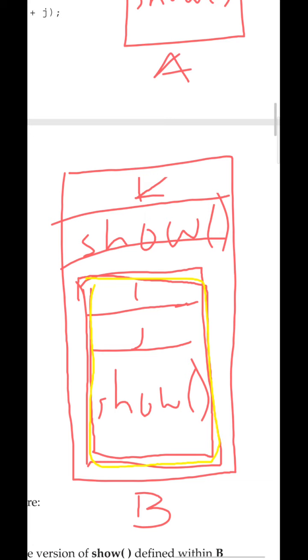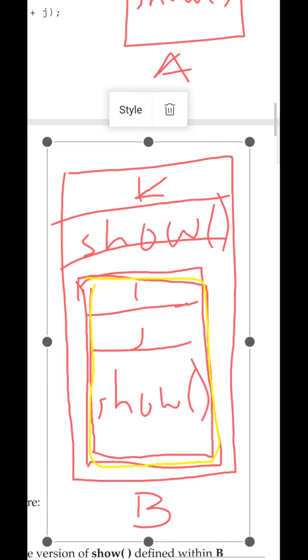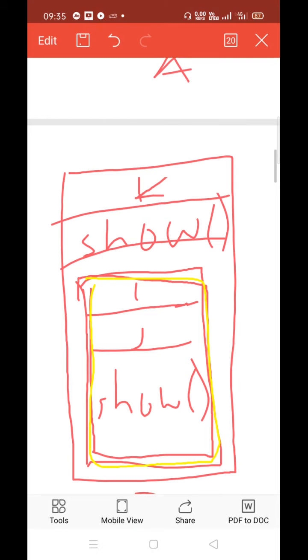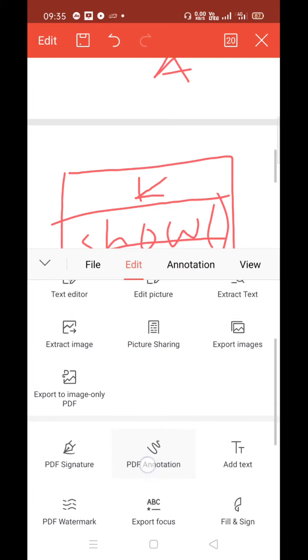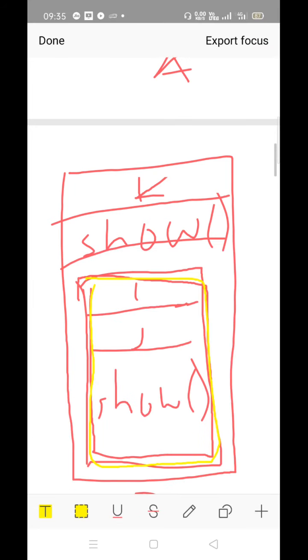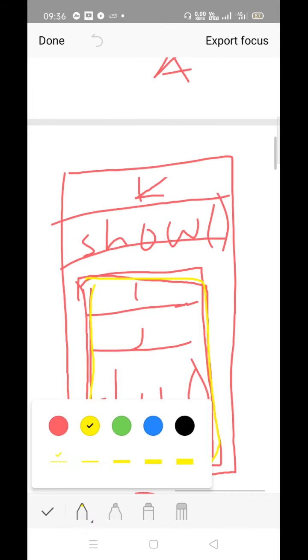How many versions of show functions can you see here now? Can you observe in this box? That is B's version. How many boxes can you observe? Check carefully. There are two different show functions you can observe, isn't it? See here.